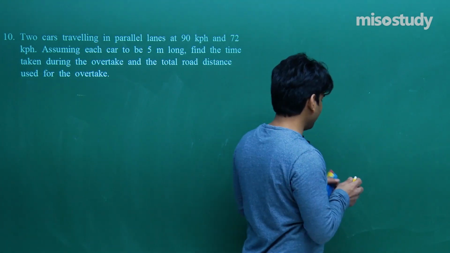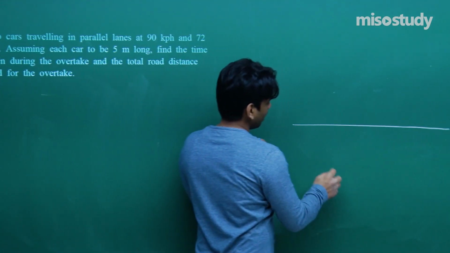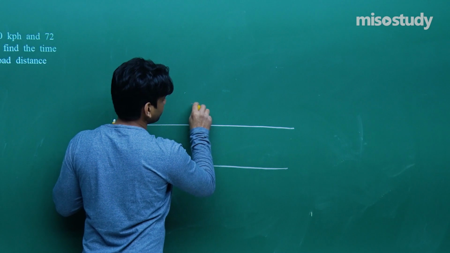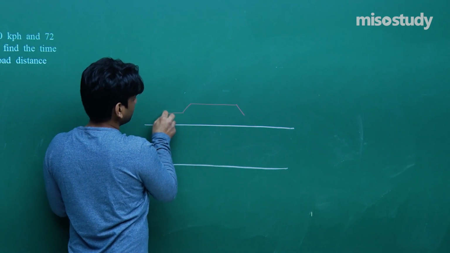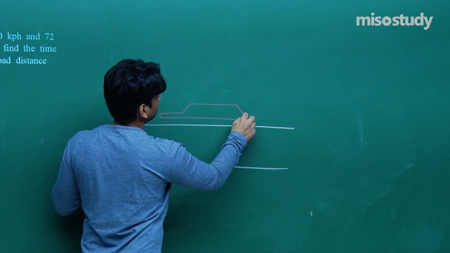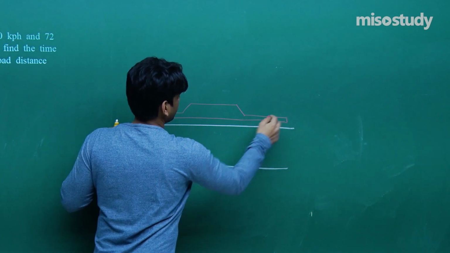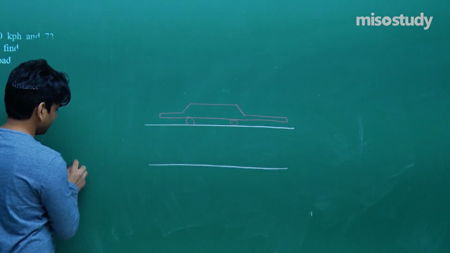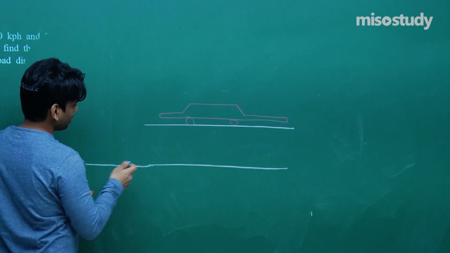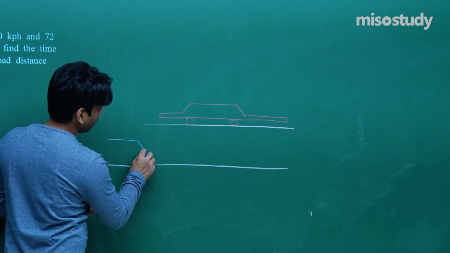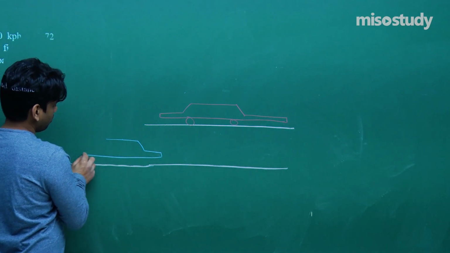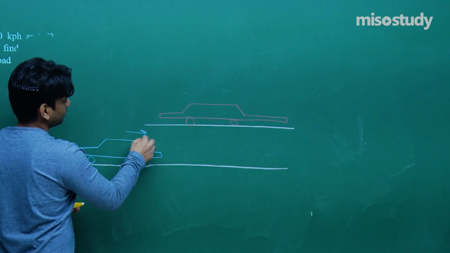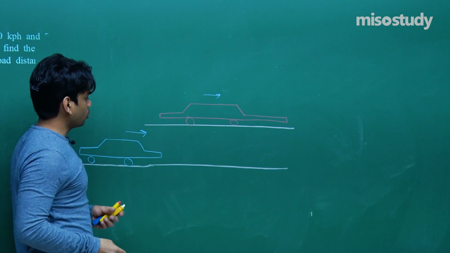I will show you a diagram. Very interesting diagram this will be. Two cars traveling on two parallel tracks. You see here, one car will be here. Its length is 5 meter. This is one car, and there's another car which is trying to overtake it from behind. So try to understand, another car is trying to overtake from behind. Although I am showing you different length of the car, see that both are of the same length.